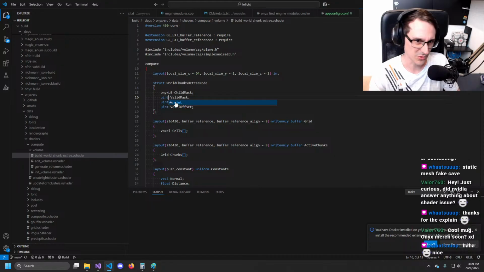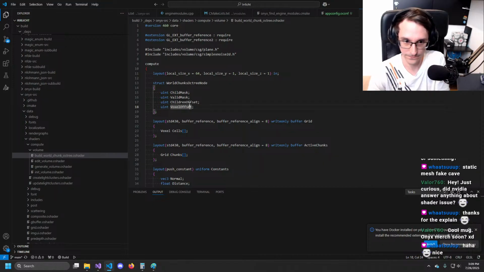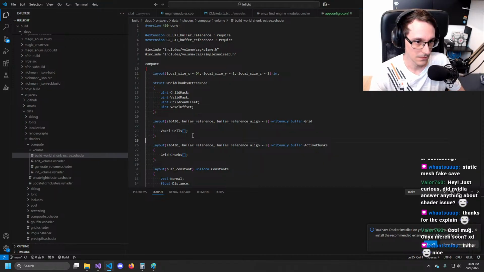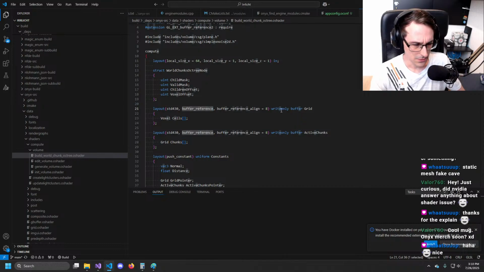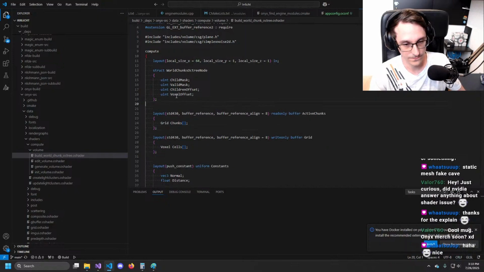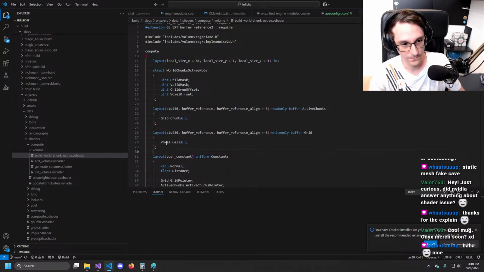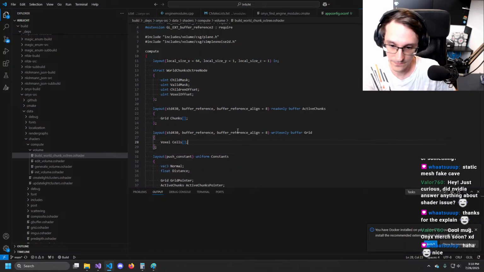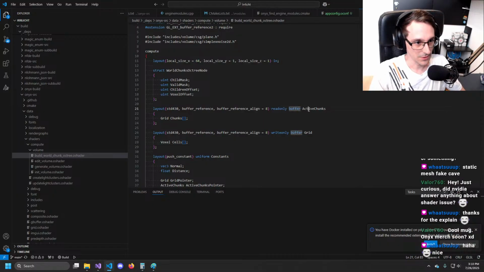And then this is probably a uint as well. Then we have a write only buffer and a read only buffer. But we will do it the other way around. And the read only buffer is basically